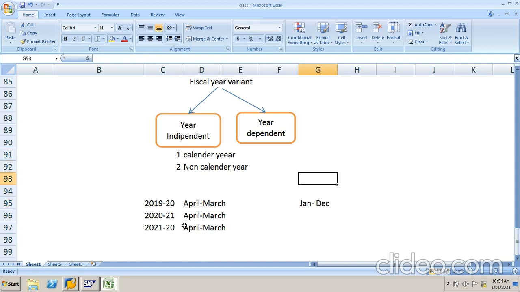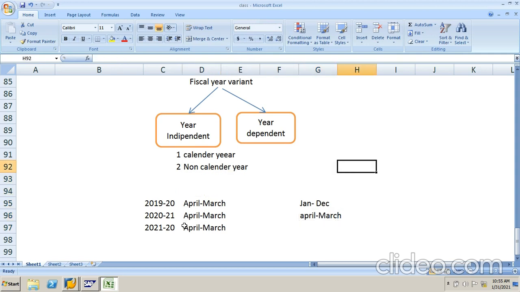In India this is not the case, because in India we are using April to March. So these kinds of companies come under non-calendar year.